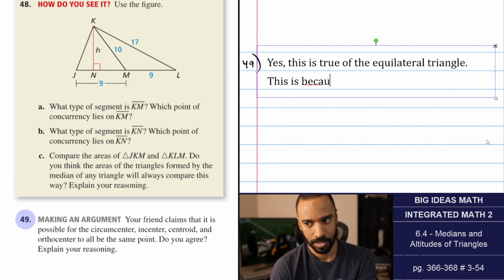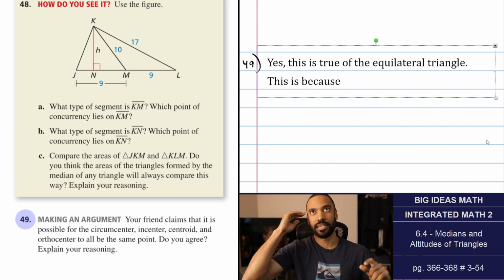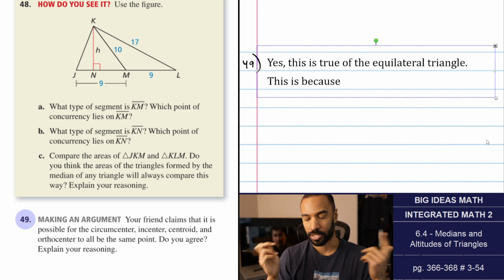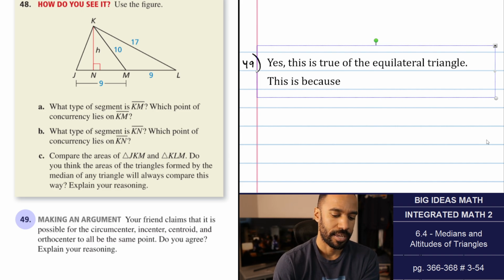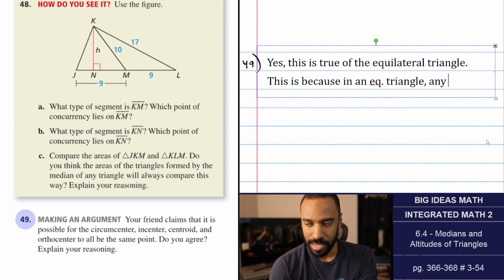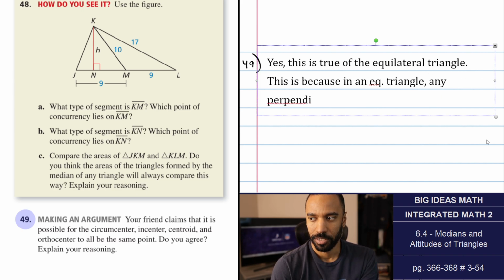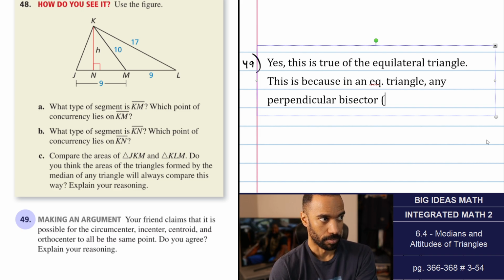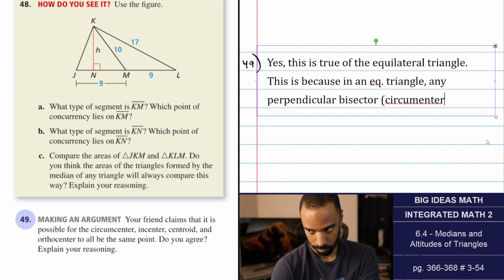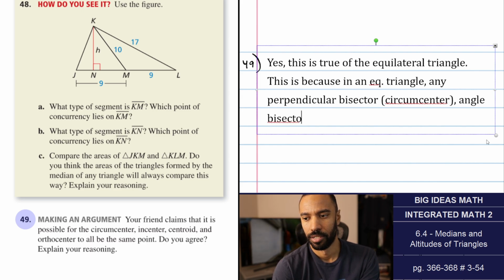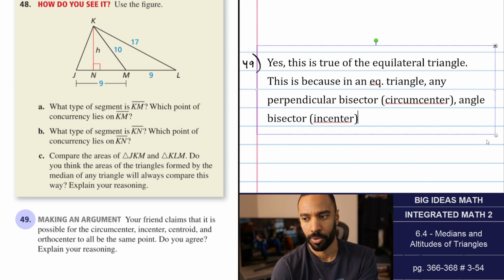This is because, and now I believe we stated that that was true of the orthocenter and incenter being the same point with perpendicular bisector, angle bisector. This is because in an equilateral triangle, any perpendicular bisector, which is important for the circumcenter point of concurrency, angle bisector, which is an incenter point of concurrency,